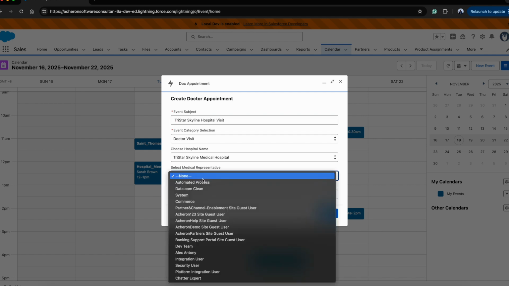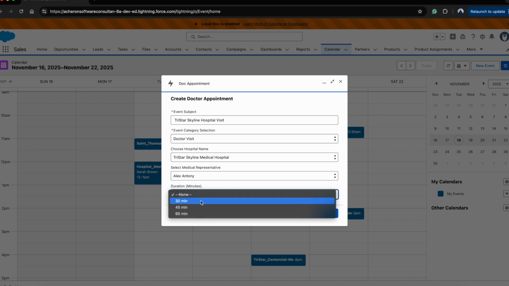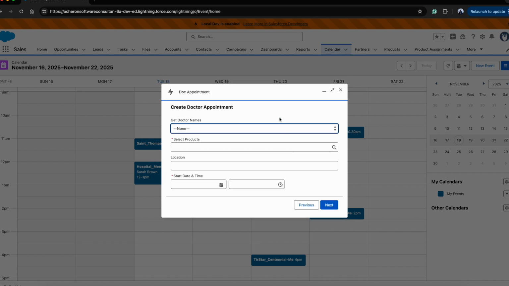Yeah. And I'm going to select myself. I'm the owner, the rep who's going to go and meet this hospital. I need 30 minutes. I should be good with that. Select next. And in that hospital there are a couple of doctors who are working, so I want to meet